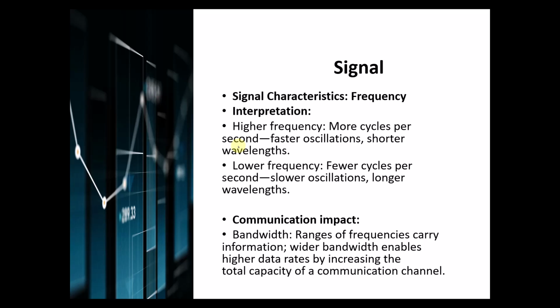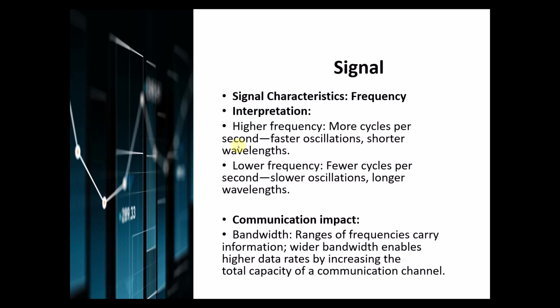As we see, the signal is moving up and down in cycles, so that is what we call the oscillation. And then the shorter the wavelength. We'll later look at the relationship between the frequency and the wavelength of a signal. It also means that the lower the frequency, the fewer the cycles, and the slower its oscillation